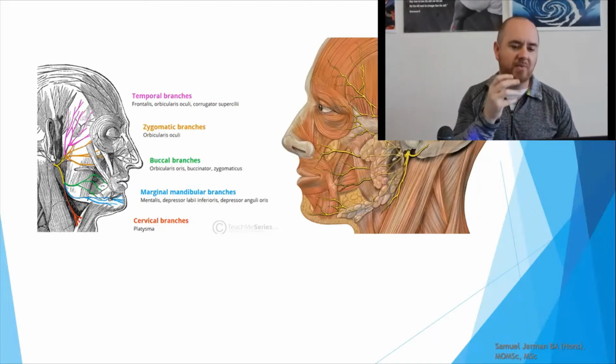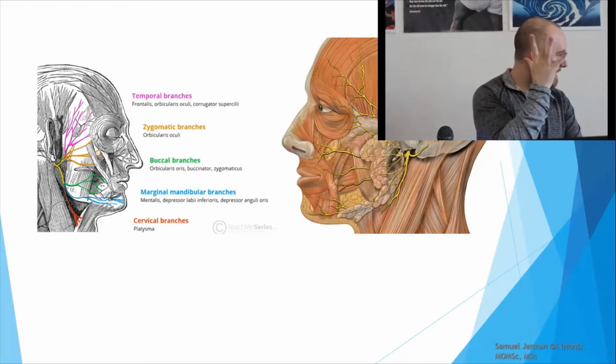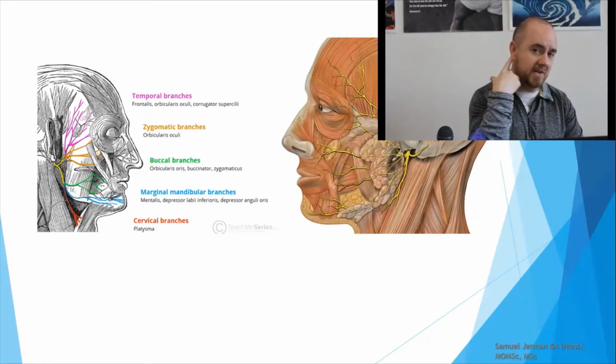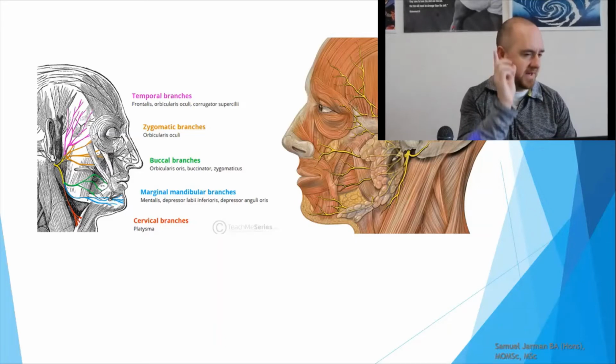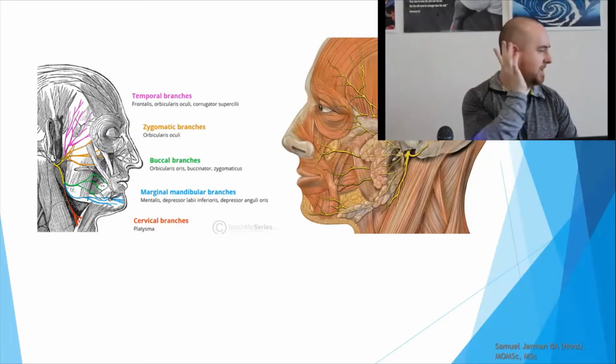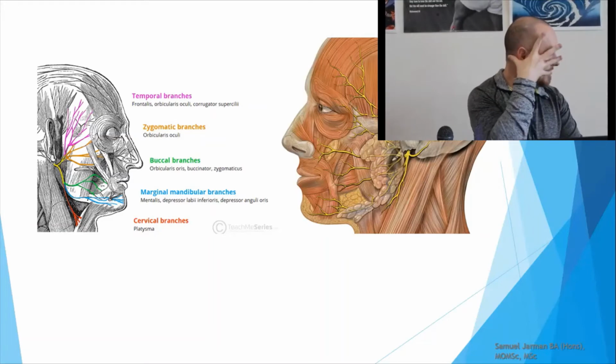Now, what happens with the facial nerve is you have a branch that goes back and then branches that go forward. The branch that goes back is the posterior auricular. That's going to go to the posterior auricular muscle, which in most people is not going to create much movement. It's possible, but most people can't move their ears. The muscle's there, it's not going to do much. And then it goes to occipitalis, right? I believe it might hit some other muscles. But basically you have the thumb going back, and then you have some branches that go forward.